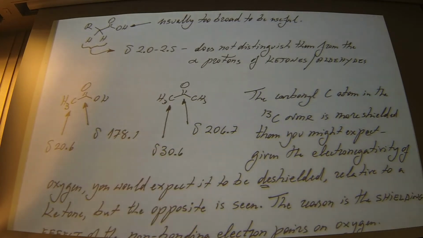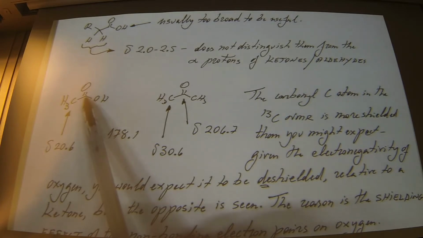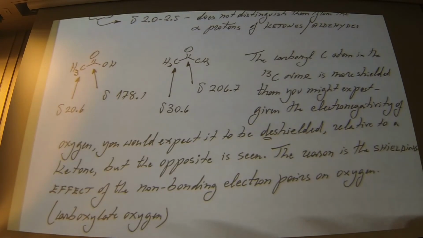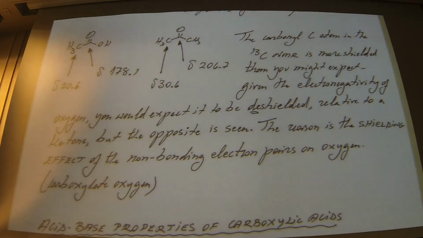That should be de-shielding. But what happens is that you have two electron pairs here, and those electron pairs shield that carbonyl. Remember that the shielding is due to the presence of electrons. And so on the one hand, you have this de-shielding effect from the induction. On the other hand, a shielding effect because of the non-bonding electron pairs. So overall,